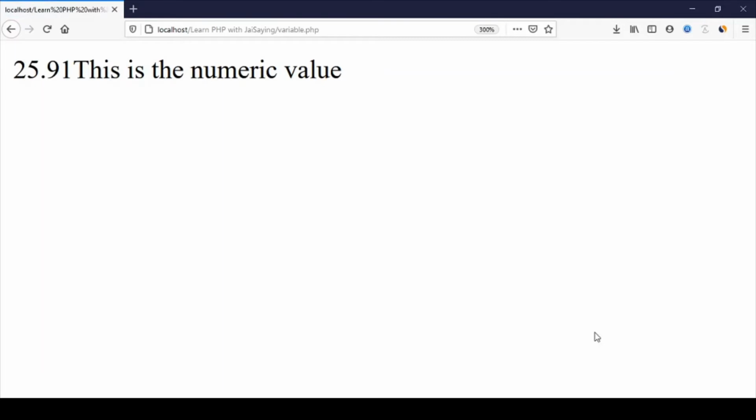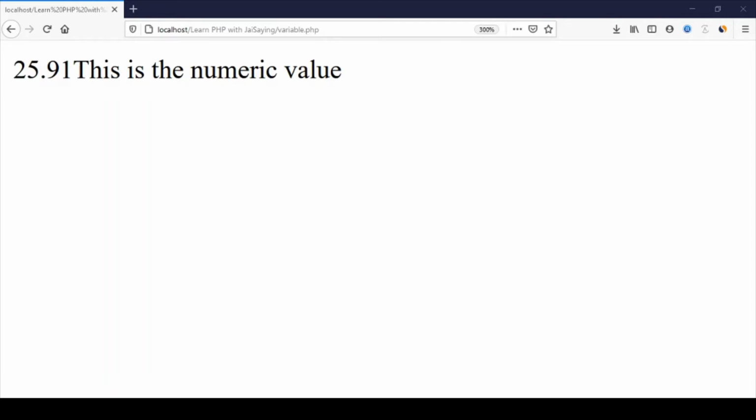So you can use double quote also, and in case of numeric value you can print without double quote also. But for best practice, you need to use it without single quote and double quote. Now I'm going to explain single quote also.